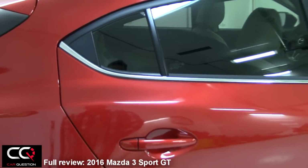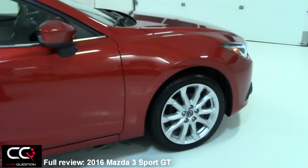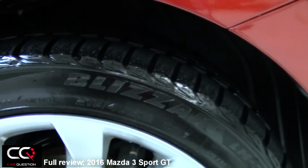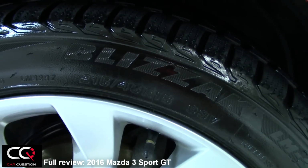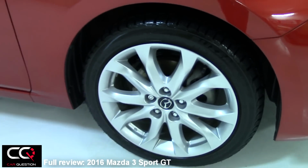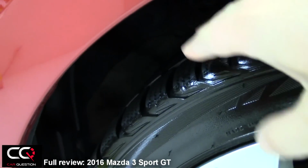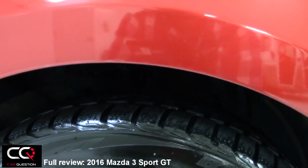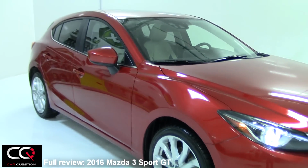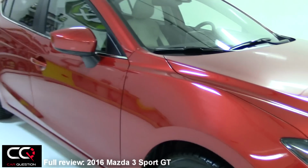So if we look at the side, another thing that we are going to remark is the 18 inches wheel. Right now we have Blizzak LM32 215/45R18 tires, and you can see that those wheels are quite nice. Look also at the gap that I have between the tires, so there's not a big gap, so it's giving some performance style, of a car which is lower to the ground. You don't have a lot of ground clearance, that's for sure,